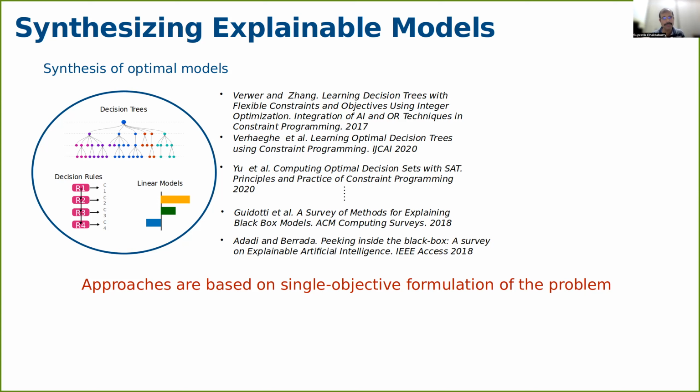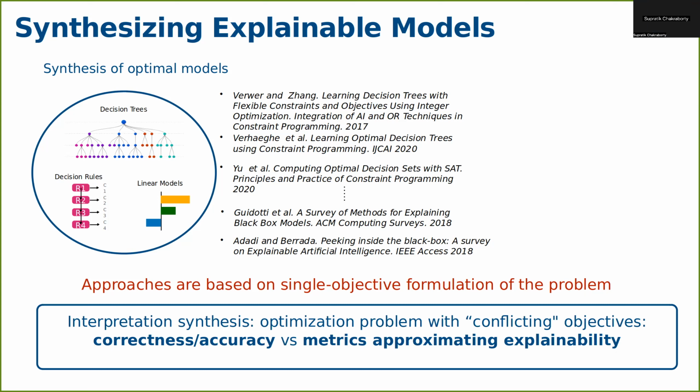And then once you come up with the single objective function, with some heuristically chosen weighting of the two parts, accuracy and the structural part, which helps in telling us whether something is explainable or not, then you optimize the single objective formulation. Once I have found an interpretation that optimizes this combined single objective function, that is kind of my best explanation. Now, it turns out, I'll actually show you examples, that this is not always the best way